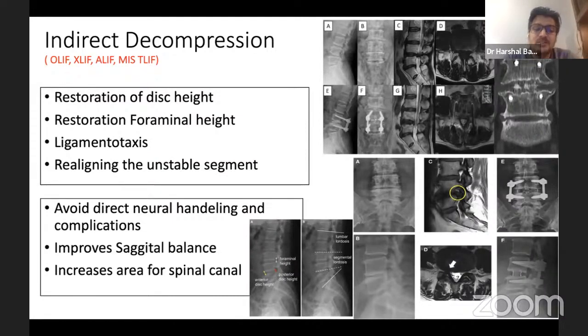You can also have better sagittal balance. In today's lecture, we are not talking about a few things, one of them being sagittal balance, because that is going to come in the next few lectures. These are purported to increase the area available for the neural structures. There are some wonderfully illustrated cases here where they have proven on radiology that they restored the disc height and created space for the neural canal, but it depends on person to person. So decision making should depend upon your expertise.